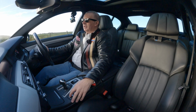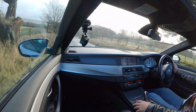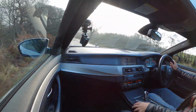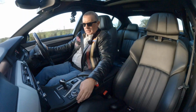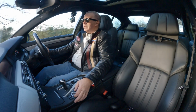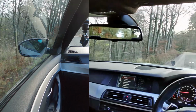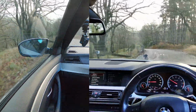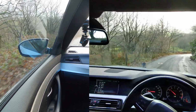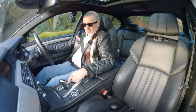Then you've got, let's see, we're coming up to certain death corner, so I need to be careful here. But you've got option, click on option. Option, vehicle information, settings. And there you go, settings. You've got M drive 1, M drive 2, go back in M drive 1, and that tells you what you've got set and how you've got it set up. If you don't want to do that, you've then got all the individual settings here. So down there,